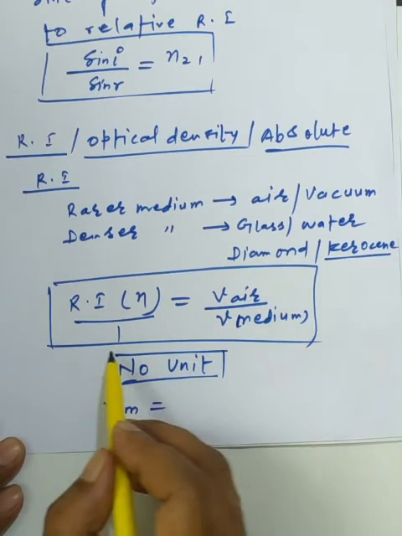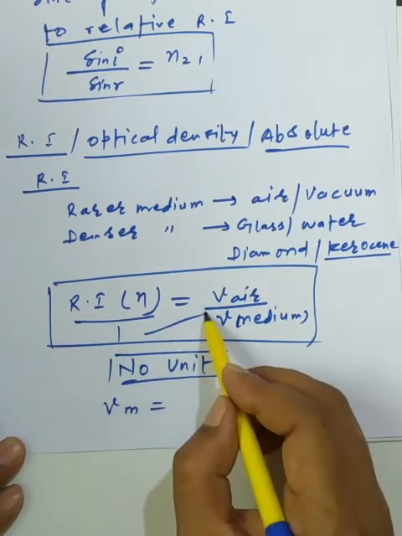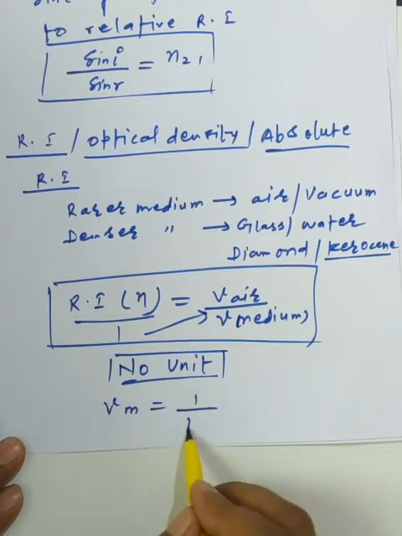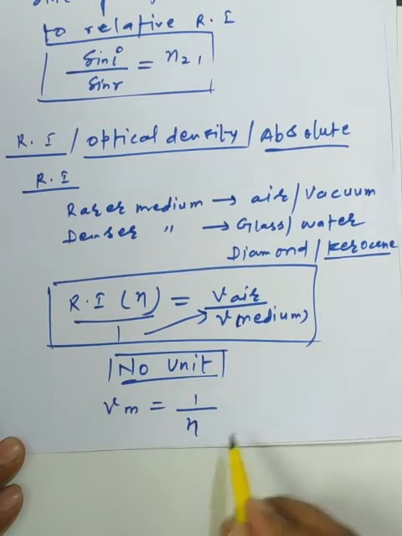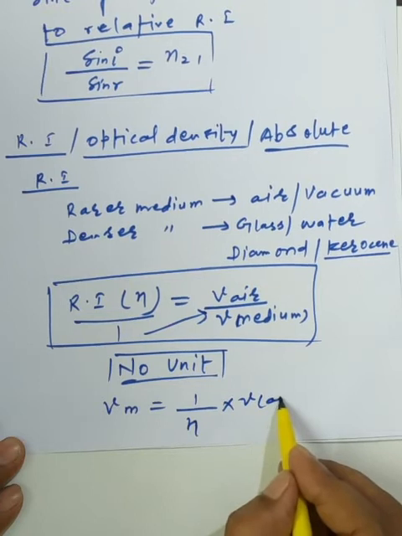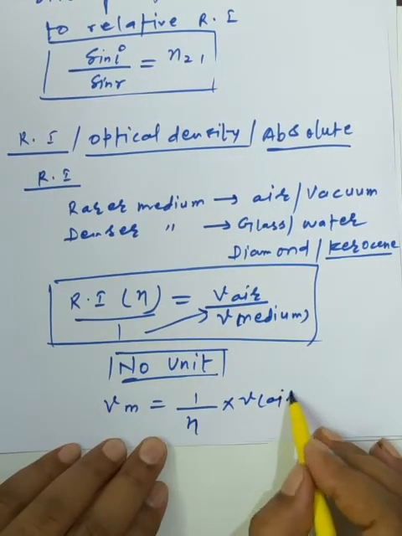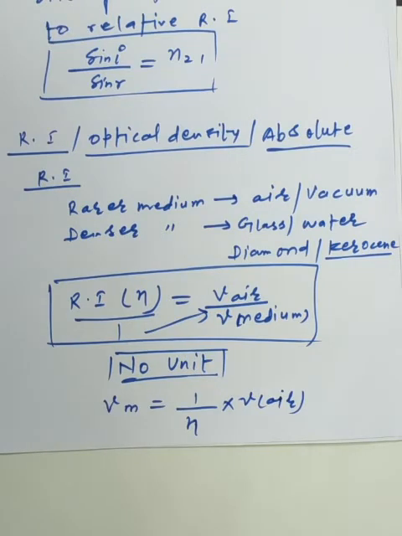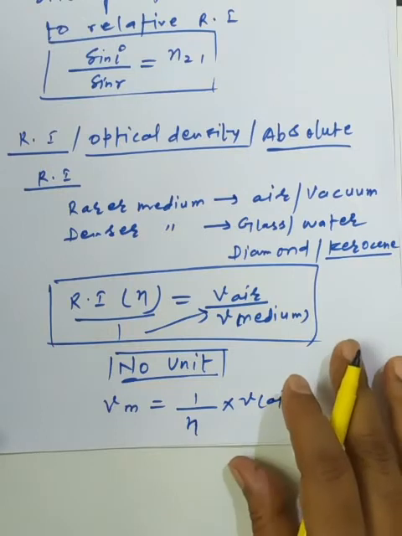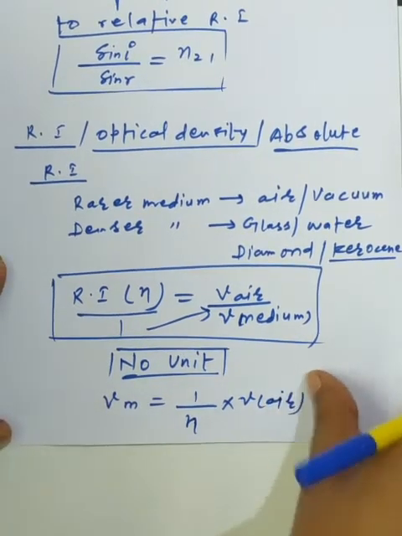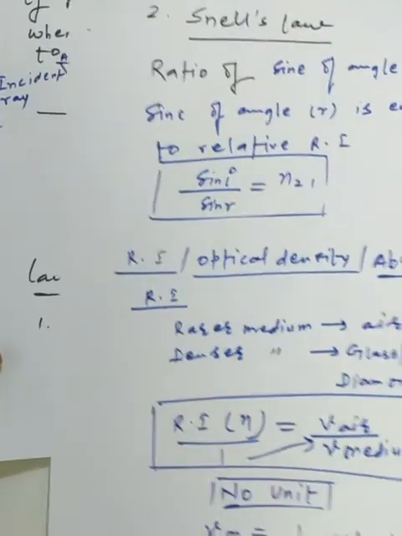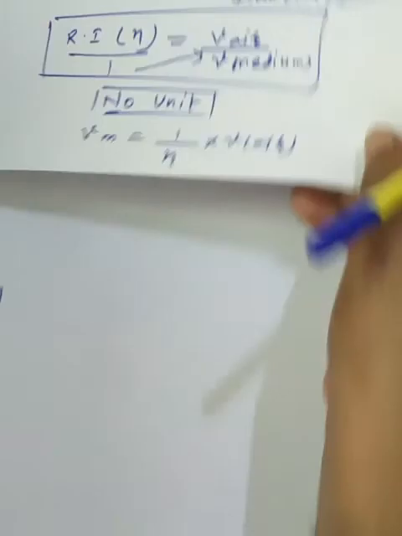Now we are just making the cross multiplication. So we are just putting the refractive index, that is called n, in the denominator part, and the velocity of light in air. So I am just saying that if a medium has its own refractive index, then in reference to its refractive index, it reduces the velocity of the light in that medium. One or two questions are given inside our book, that what does it mean if a medium has its refractive index.